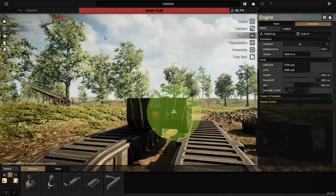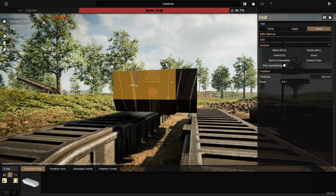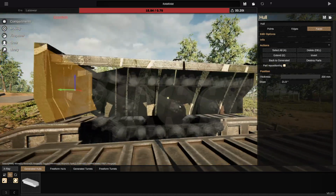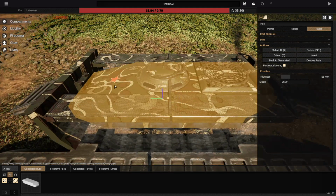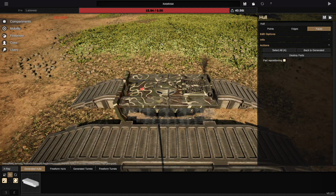So, let's go to compartments. Yes, faces, sure. The front face of this is going to be heavy, because it's going to be 200 mil. We're then going to go to the sides, and the top, and the front, and the back of this? Yes, and we're going to make all of those 200 as well. We now...